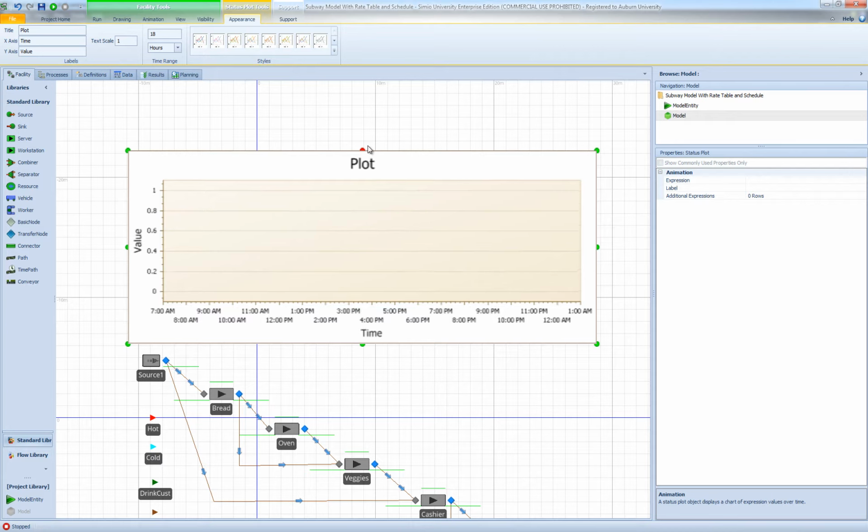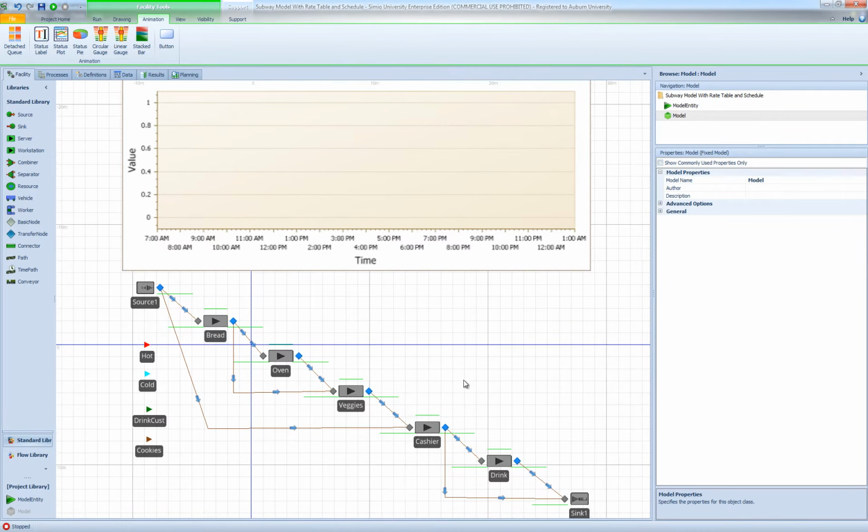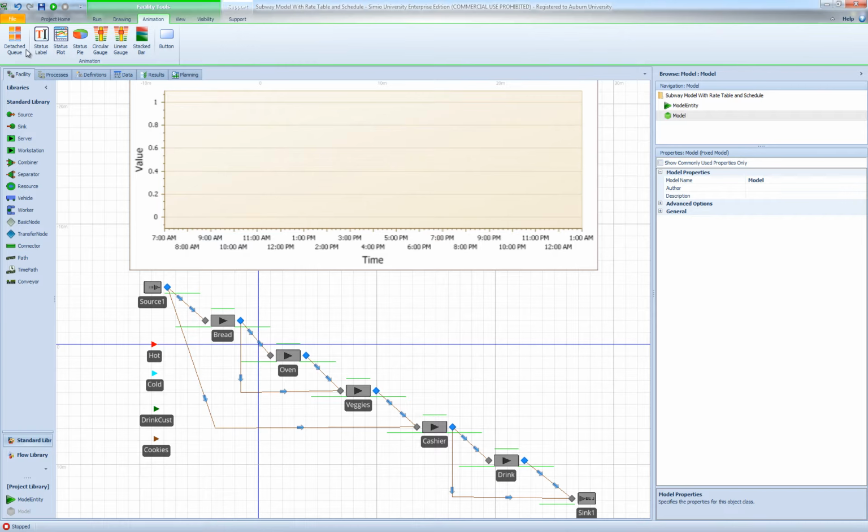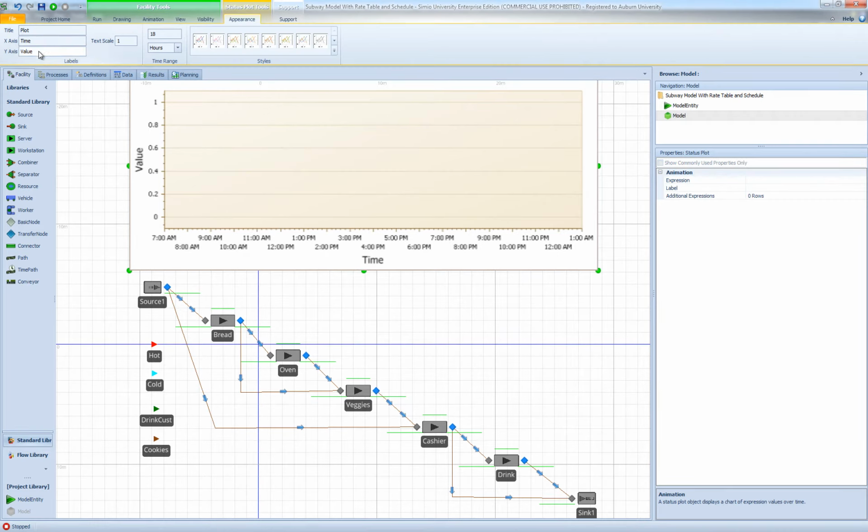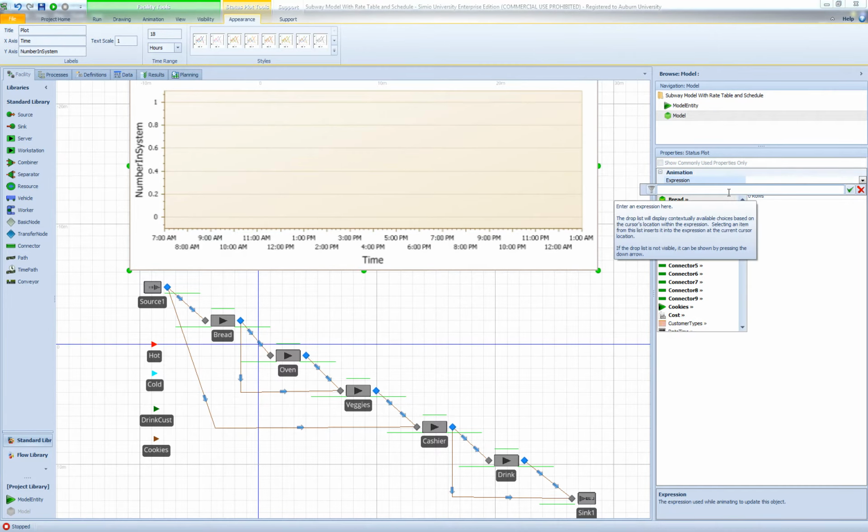So let me expand this a little bit. There we go. So the value that we're going to plot is the instantaneous number in system. So I'm going to have number in system for my y-axis, and I have time over the horizontal axis. The next thing we need to do is put the expression for our status plot, and the expression will be basically the sum of the number in systems for my 4